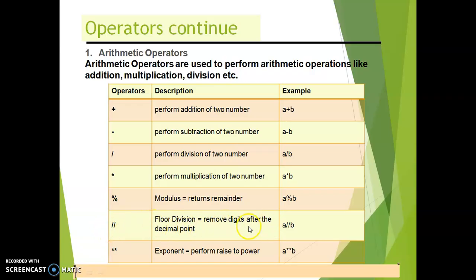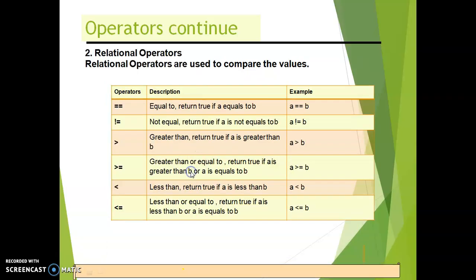Floor division means if we have 5 divided by 2, then we get the result 2. Exponent performs raised to the power. These are the arithmetic operators. Relational operators: equal to, not equal to, greater than or equal to, less than or equal to.